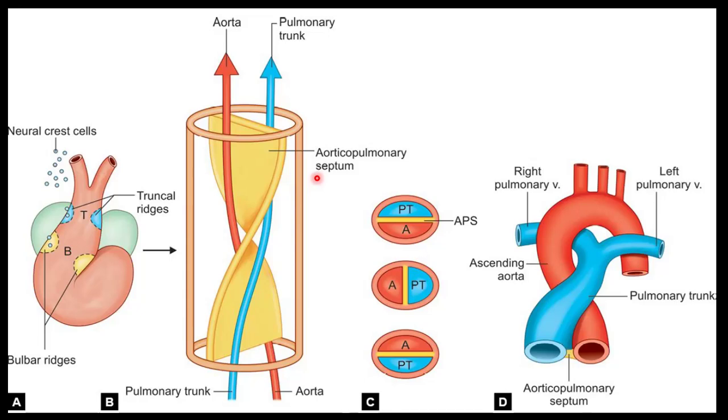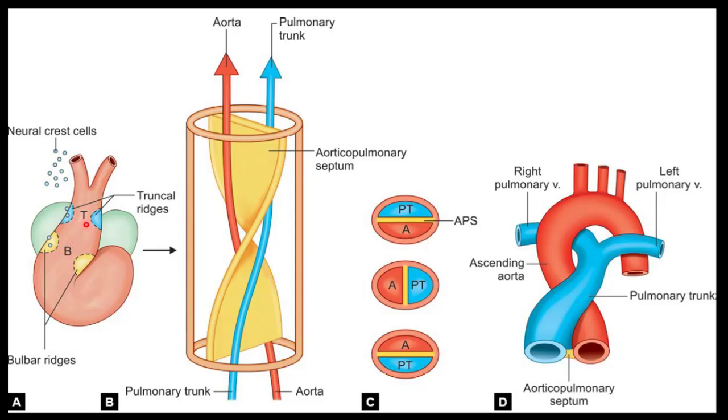So how did that happen? Now it goes back to the story of the embryology of the heart. So you have what is known as the truncus arteriosus and the bulbus cordis. The truncus arteriosus is the arterial end. It is what ideally should give you the aorta and the pulmonary trunk. Then the bulbus cordis gives you the outflow tract of the two ventricles. So on the right, it will give you the conus arteriosus or the infundibulum, and on the left, it will give you the aortic vestibule. Okay, so these two parts, the truncus arteriosus represented by T and the bulbus cordis represented by B, undergo what is known as